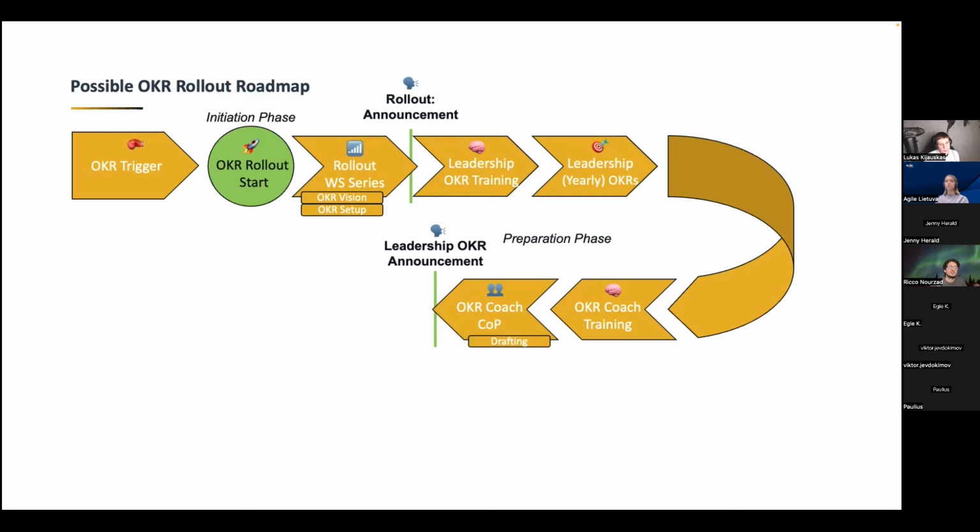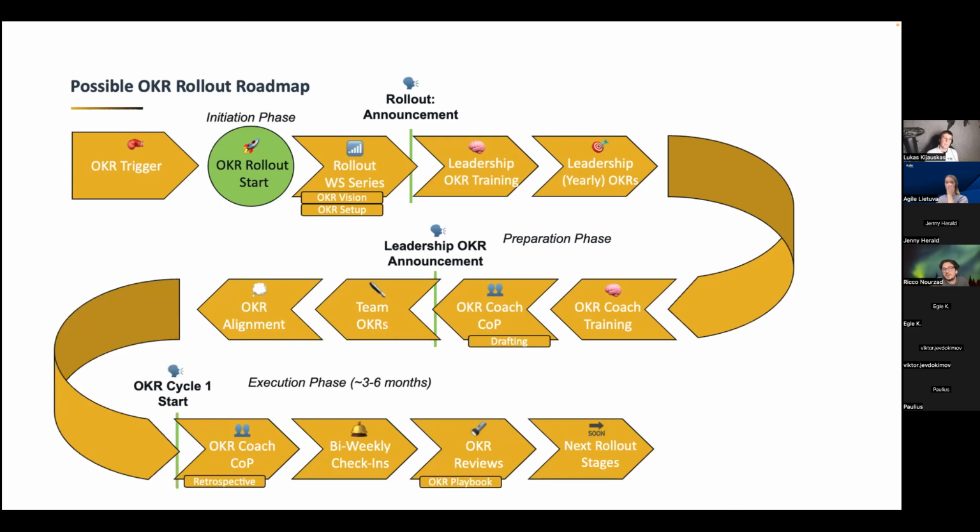key results. The leadership team is most likely doing an all-hands meeting, sharing their goals, so the teams know that now it's time for them to start their drafting. Teams and departments are going to draft top-down OKRs as well as bottom-up OKRs. This approach will take like 3 to 5 hours, depending on whether you also have some kind of small training in it.